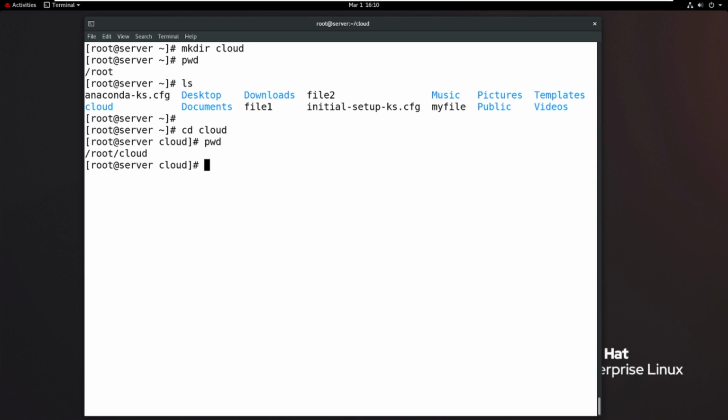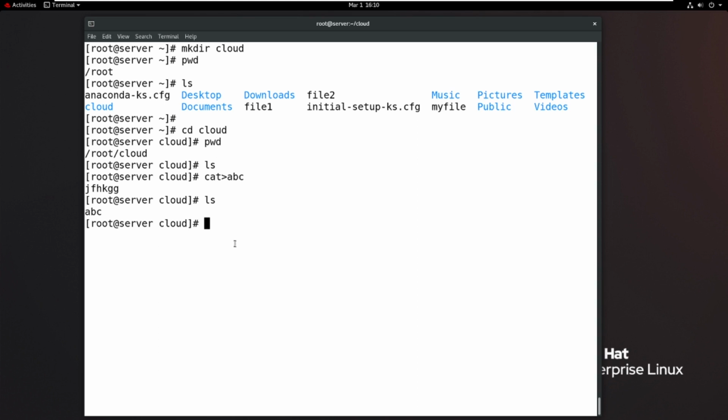Now my current working location is /root/cloud. Is there any file under the cloud location? No. Now if I make a new file, cat greater than my file name abc, then some content. To save the file, Ctrl D. Then verify with ls. Now the abc file is created successfully in the location /root/cloud.